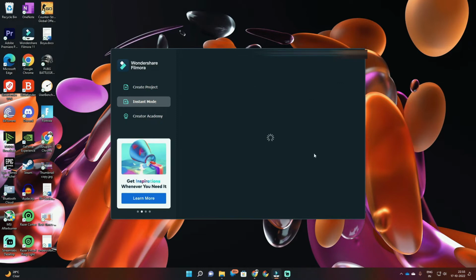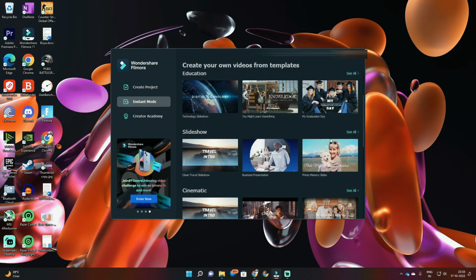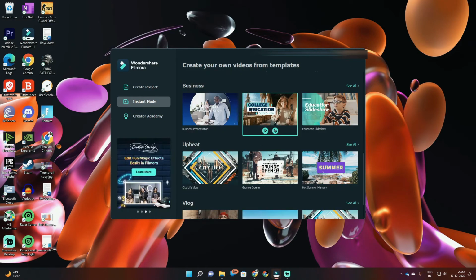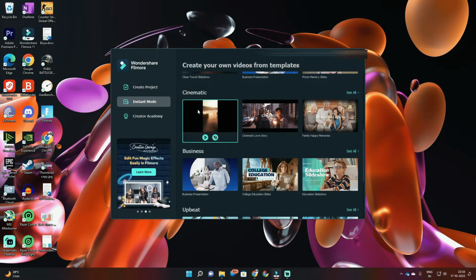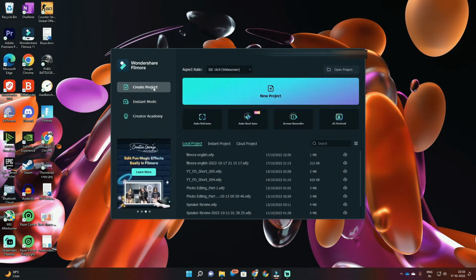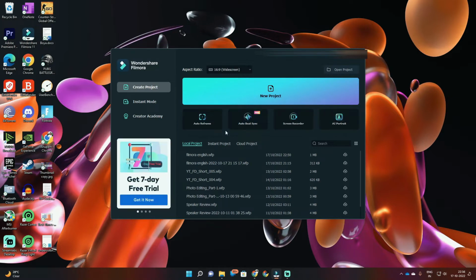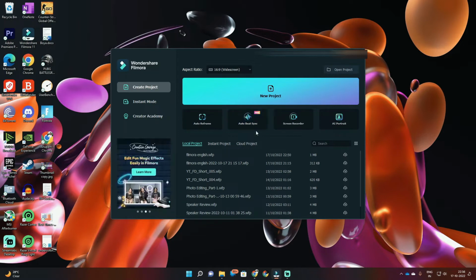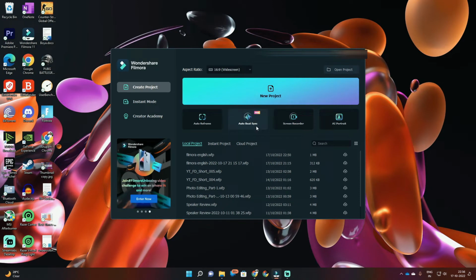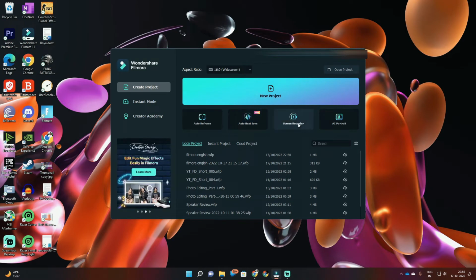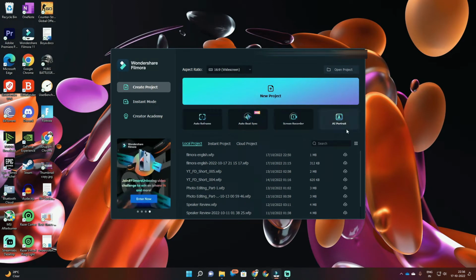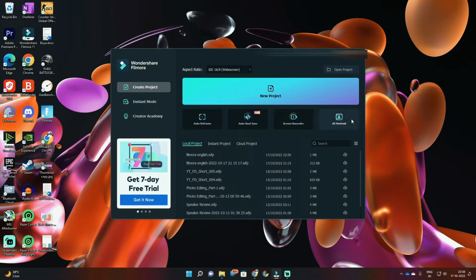Once you go into instant mode, you will see various options here, and there are many modes to kickstart your instant mode creation journey. If you go back to the create project tab, you will see a few other features right at the top of your screen to help you. One is the auto beat sync: if you have music and want to sync it up with the video sequences, you can use this. Here we have the screen recorder for Filmora, and we have an AI portrait option. We will go deeper into these features later, but let me show you how to create a